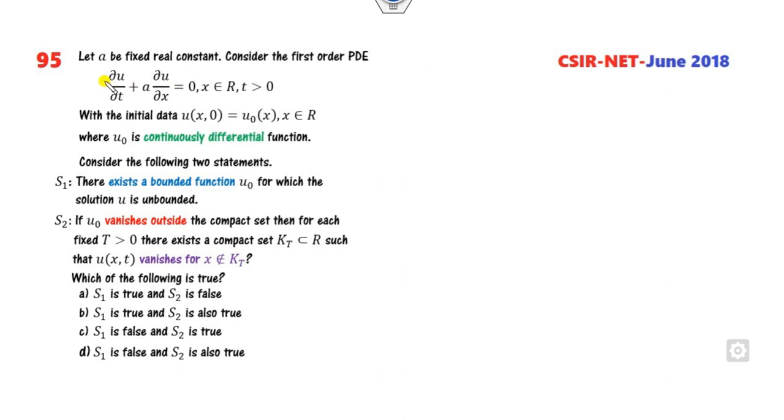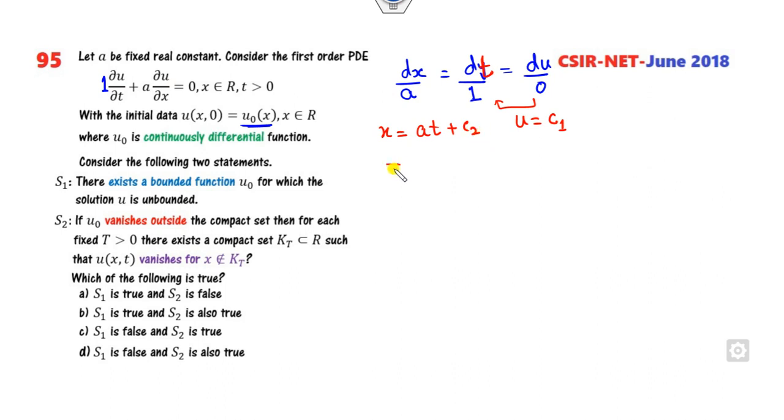Okay, now you can see the coefficients are my constants, but here it is not guaranteed that it is a sine or the exponential. So we can start with the Lagrange equation. This is my here, this is 0, coefficient of the x is my a, coefficient of this is my. So from these two equations we can get u is constant. From this equation we can say this is in terms of t, x is at plus c2, so I can write x minus at is another constant. So therefore I can see